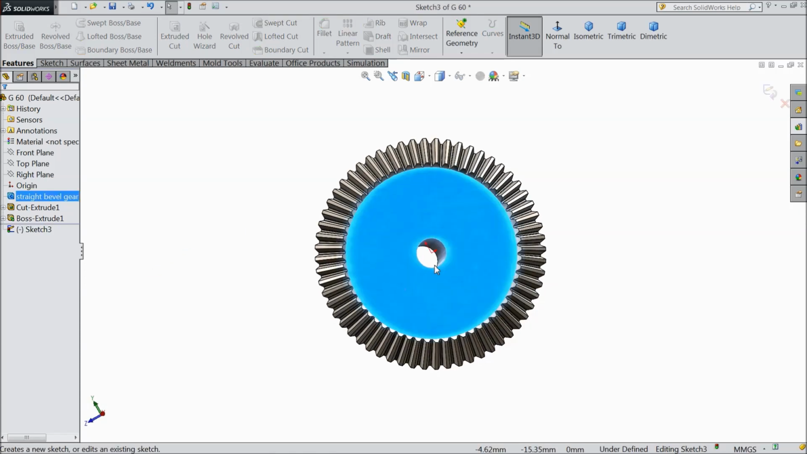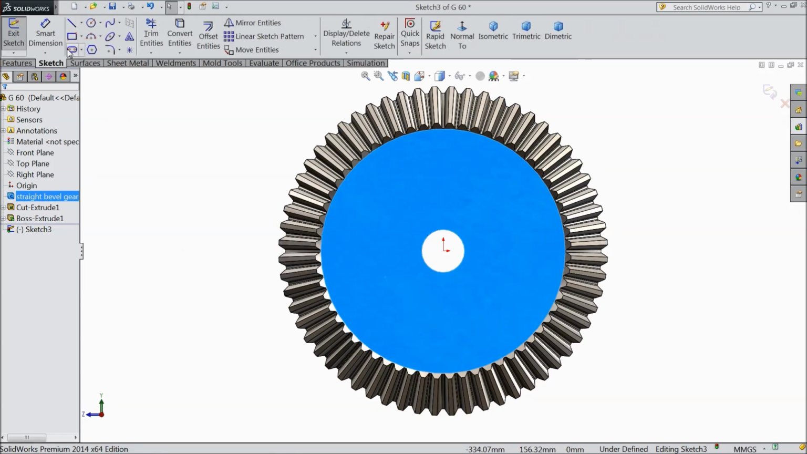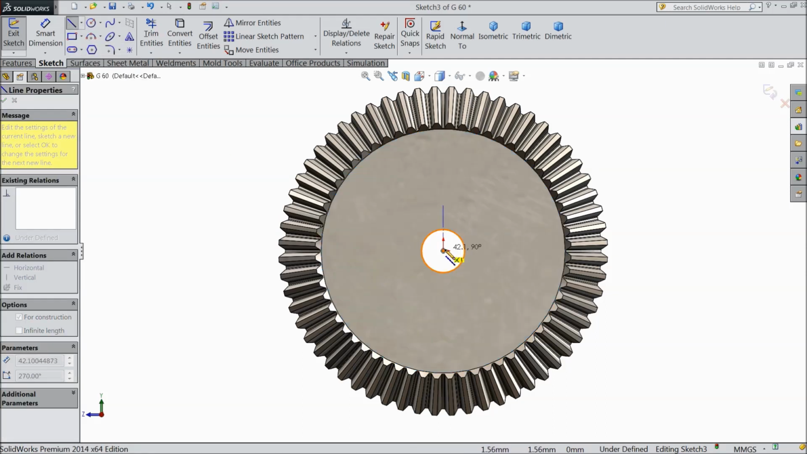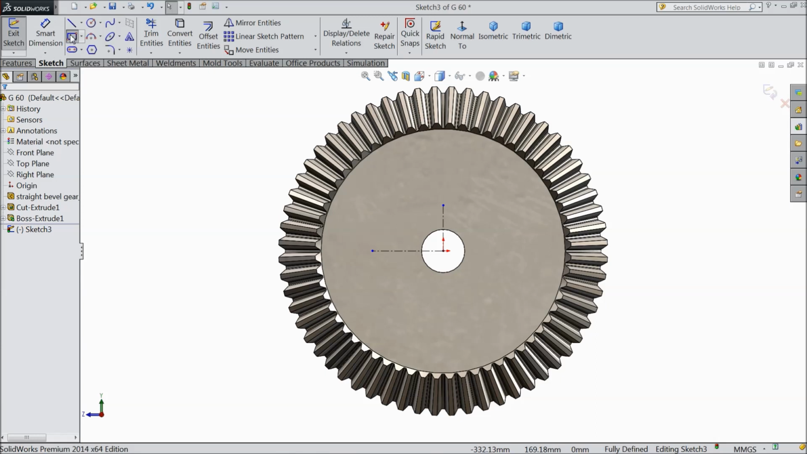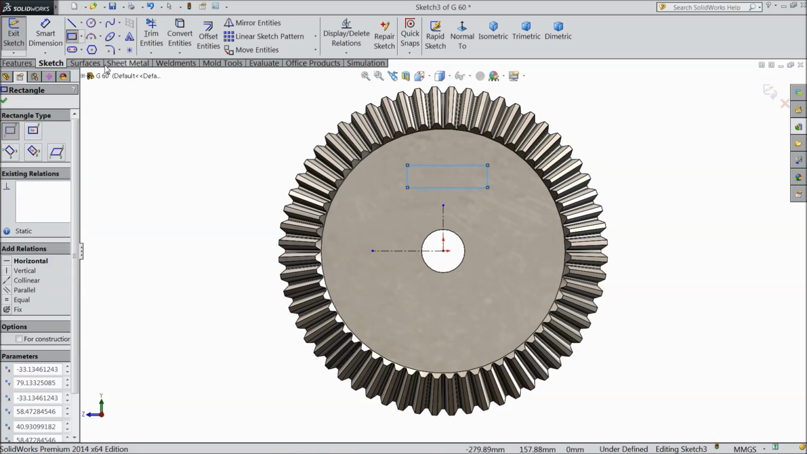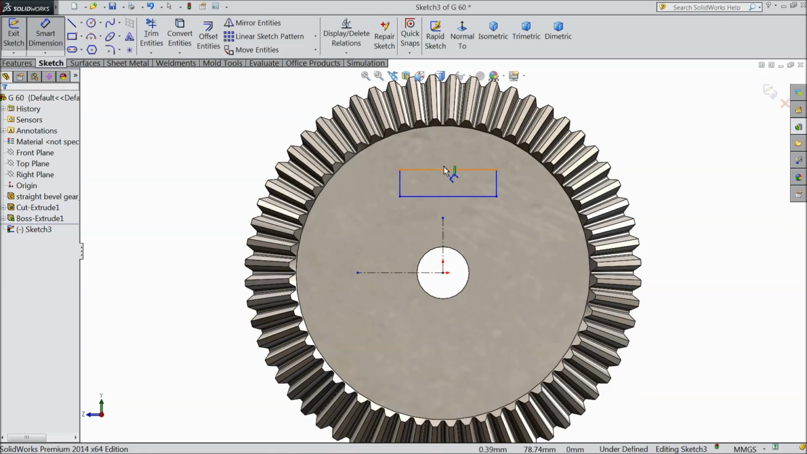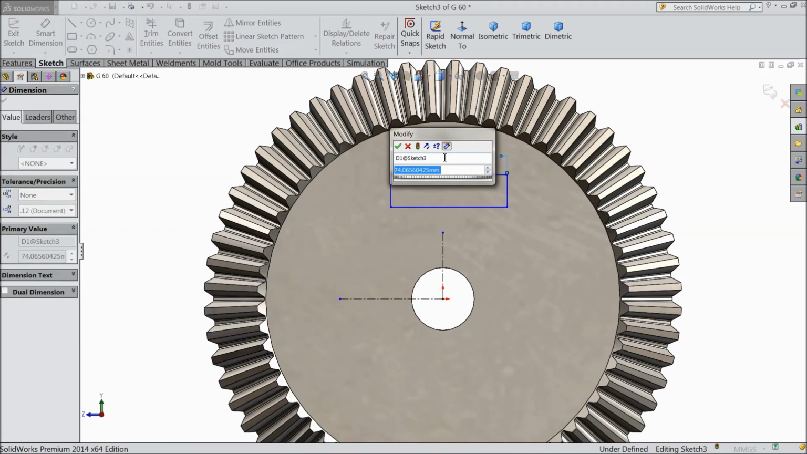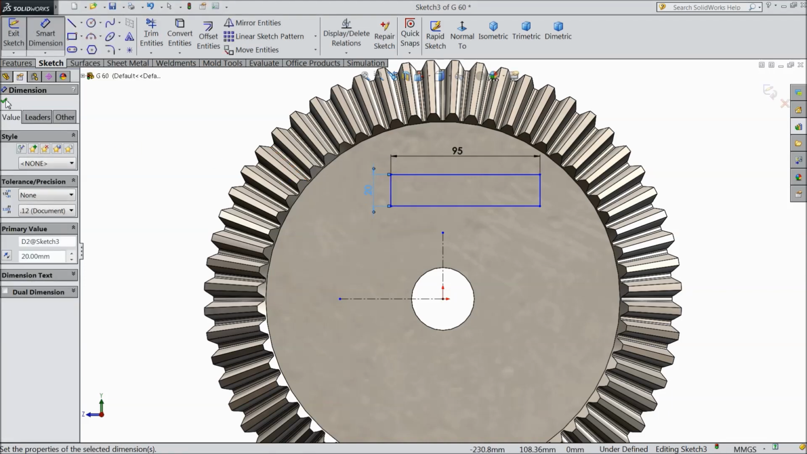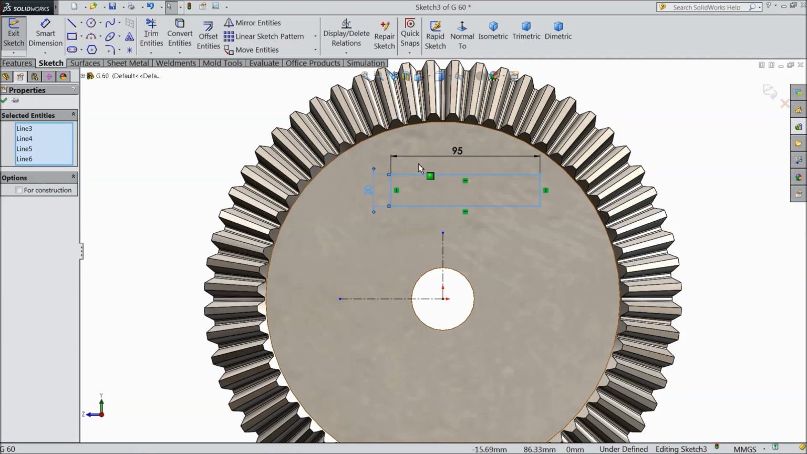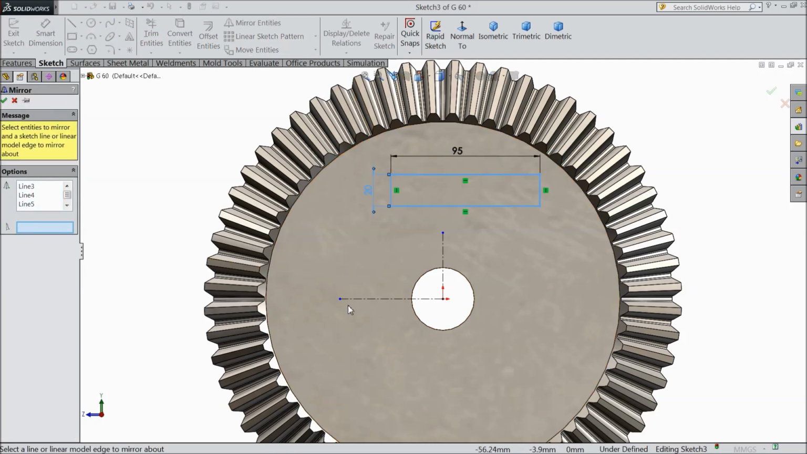Now select this face, sketch, normal, select corner, center line, draw vertical and horizontal two center lines, select corner rectangle, assign dimension 95 mm by 20 mm. Okay, now select this rectangle, choose mirror and mirror about this line,